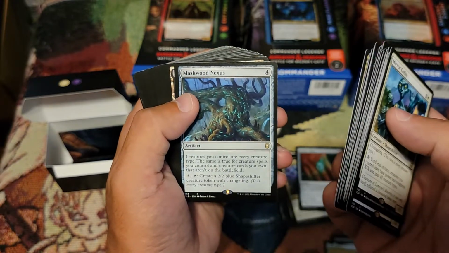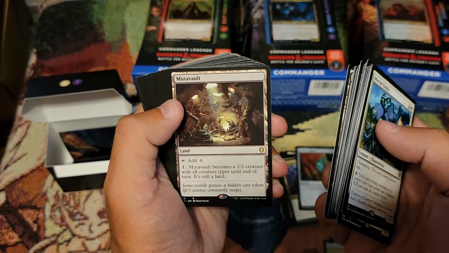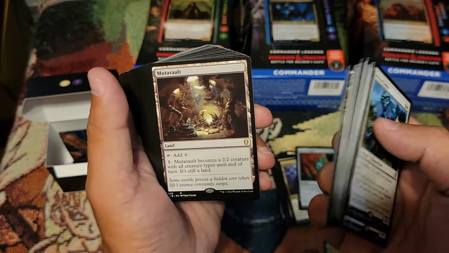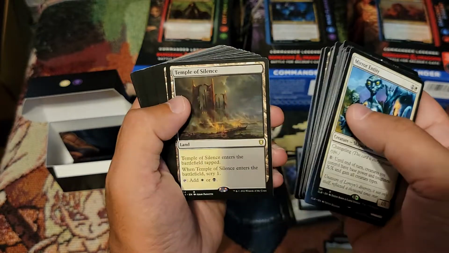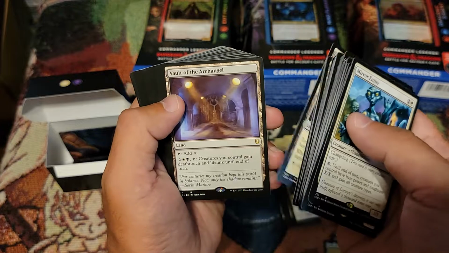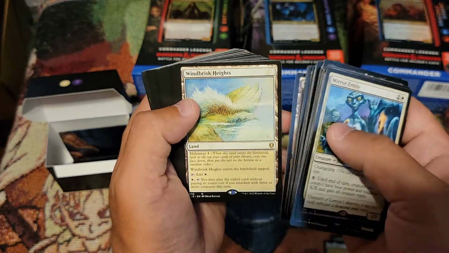Masquid Nexus. Good land card. Or good artifact, I mean. Castle Aquain. Nice. Mutavault. Good land for this deck. Wow. Shambling Vent. Temple of Silence. Vault of the Archangel. War Room. Wow. Okay, this is...